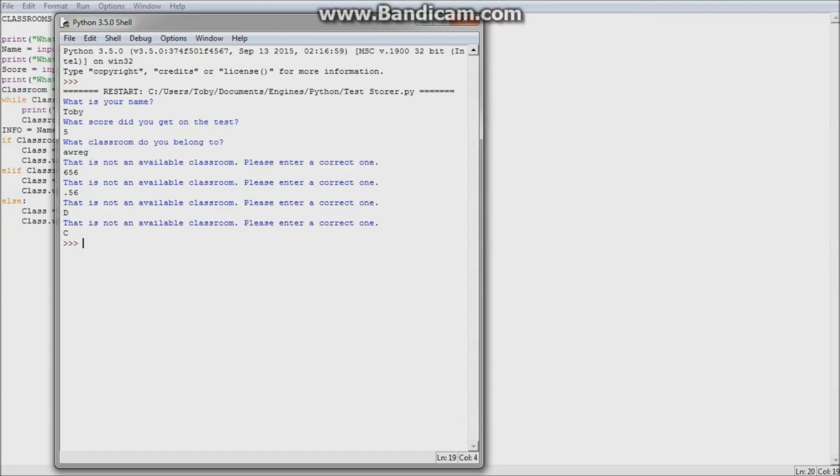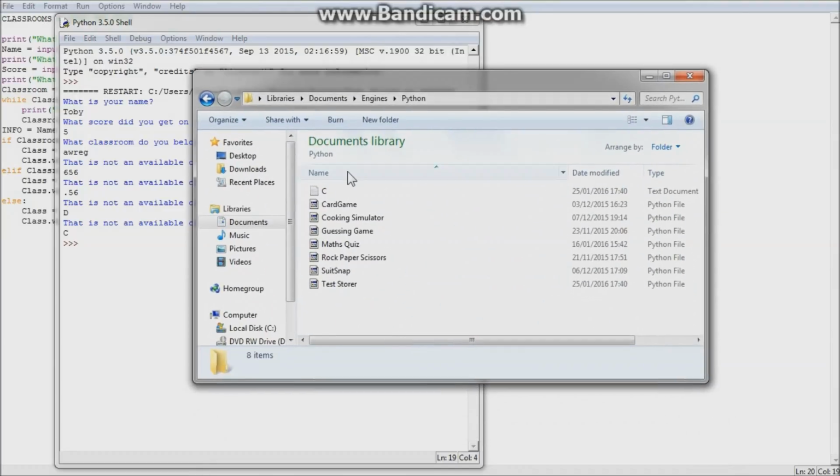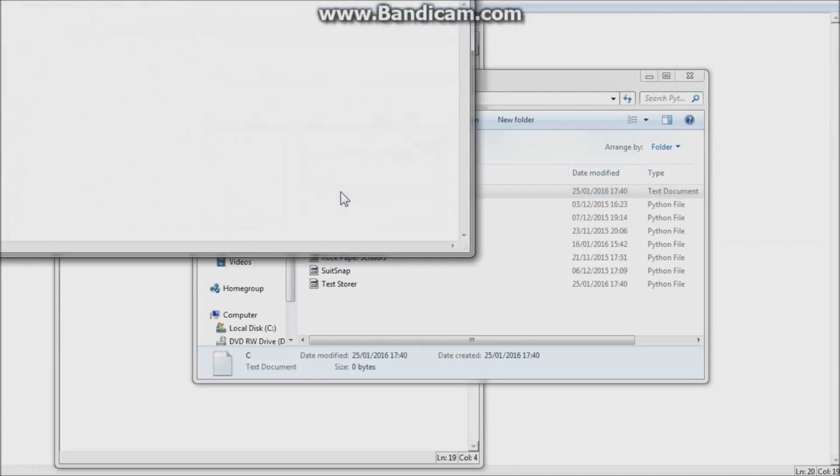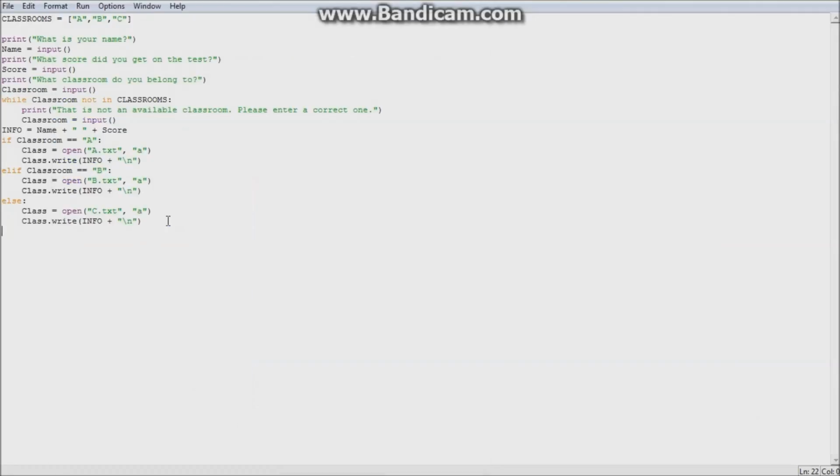Now, if we go to the folder, okay, what do you know? It actually created a C. Oh, sorry, I made a mistake. Quickly go back to the, when you're done, you need to actually close it. So class.close. So it stops doing any editing to it. So read and write. So now if you run it,